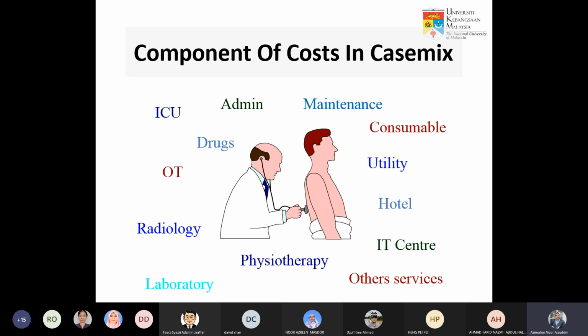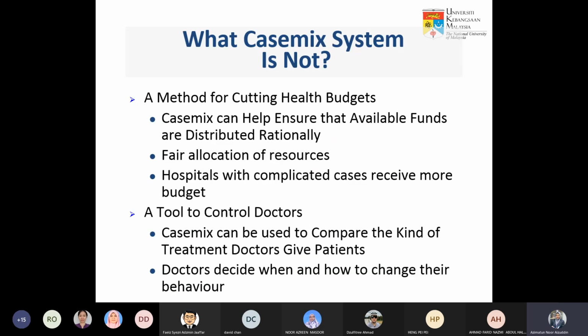Sebab tu hospital research dia punya expenditure is higher lah compared to hospital yang without research. Sebab tu contohnya private hospital pun, kalau pergi private hospital yang lebih besar yang involve dengan research, training dan sebagainya, itu lebih mahal lah. You expect it's going to be more expensive compared to the smaller hospital that did not invest in the training and also quality dan sebagainya. Okay,